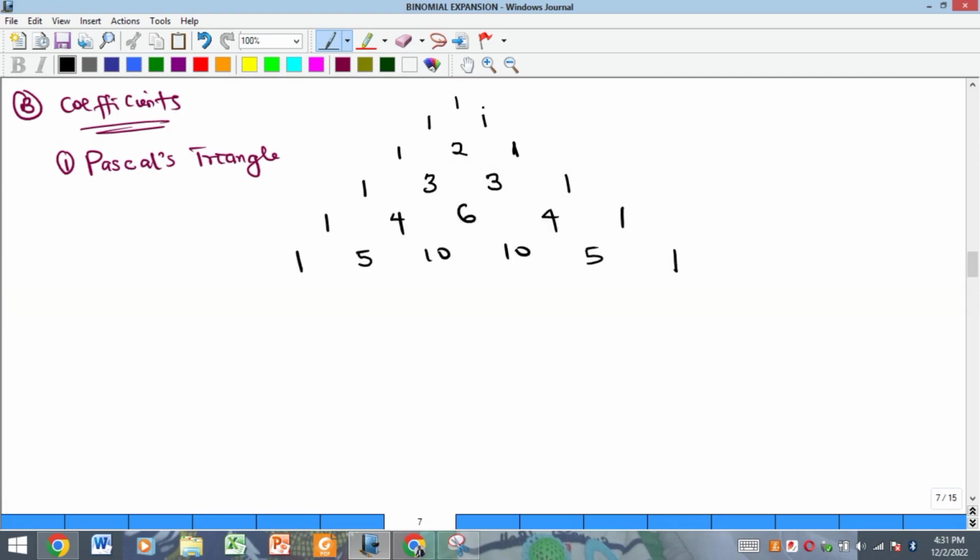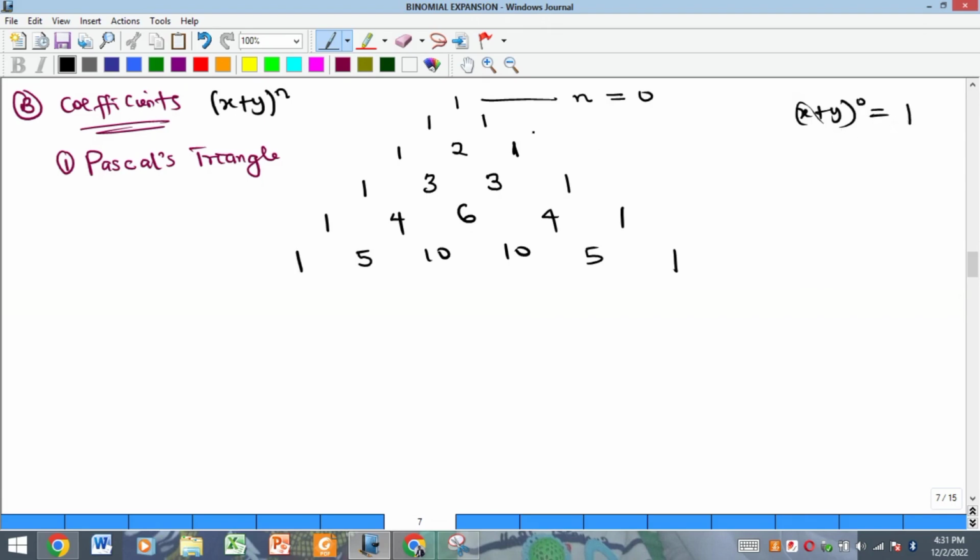Okay, so now what does this stand for? This will be the coefficient of the terms when your n, which is the power of your expansion, remember we have x plus y all to the power of n. So when the exponent of your binomial expression is equal to 0, you are going to have 1. And what does that mean? Anything to the power of 0, if I have x plus y to the power of 0, I will get